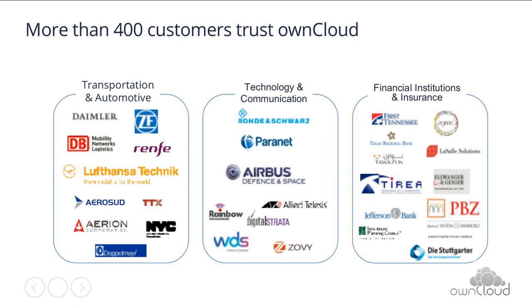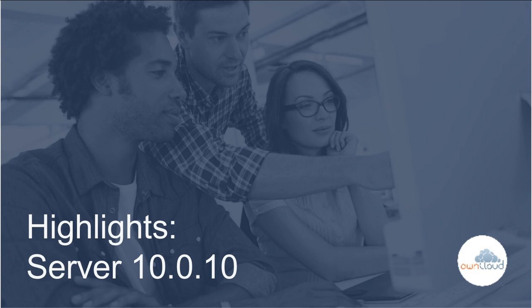So mainly the areas where data protection is of special interest. Apart from that, there are also many customers from the public sector, for example universities or other public organizations that trust ownCloud. So with this, I'd like to head over to the first main part of the webinar,